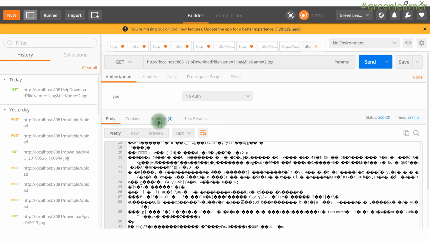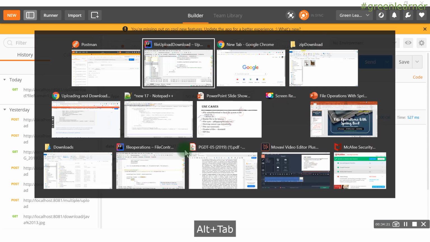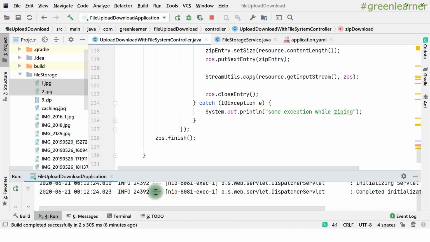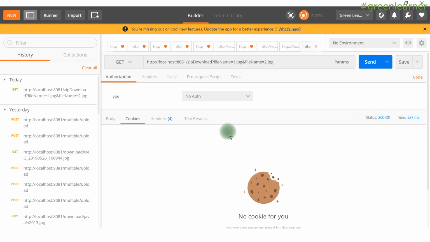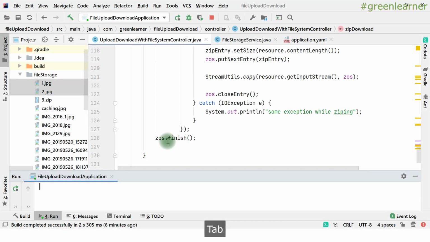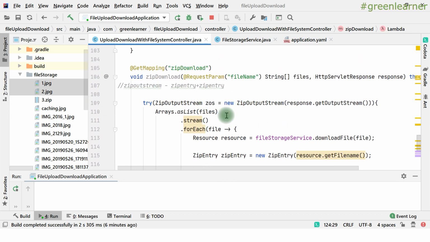But we got the headers here, status 200 and header information. I think this Postman is hanging, so that is why we are not getting the header. We got it. So timeout and all these things we got, right? And there is no exception here. So the response has the header here and the name of the file, zip download, that it is giving. It has done that automatically when we added this response.